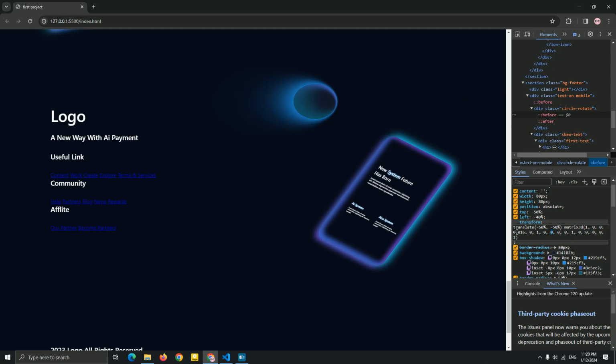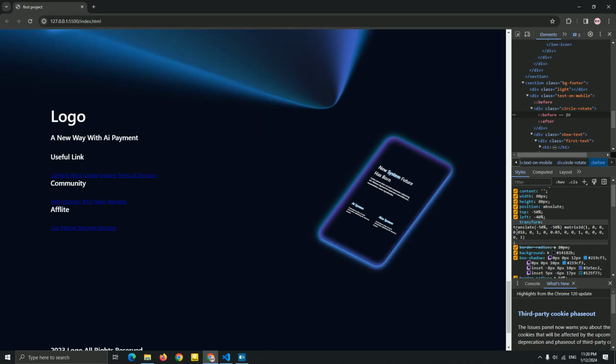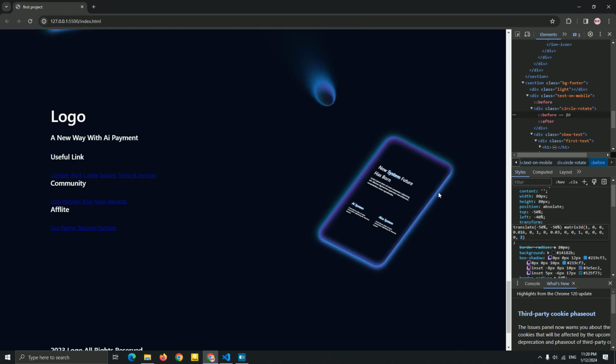Let me change. Okay, this is it. Let me change. Yeah, here we go. But it's too much. So let me decrease the size. Here we go. This is a fallen of these balls.